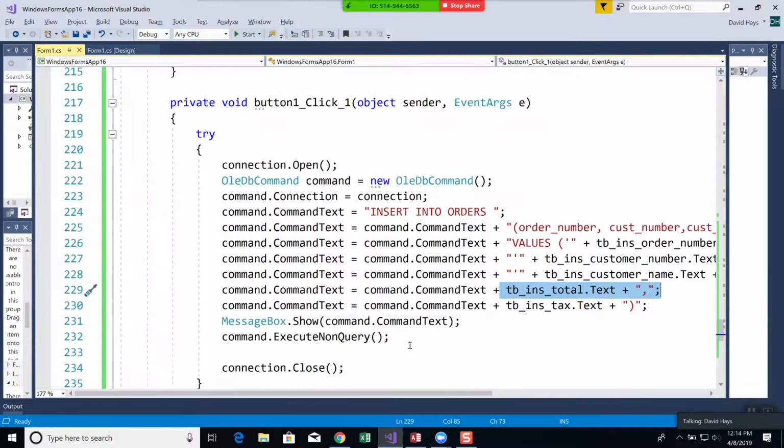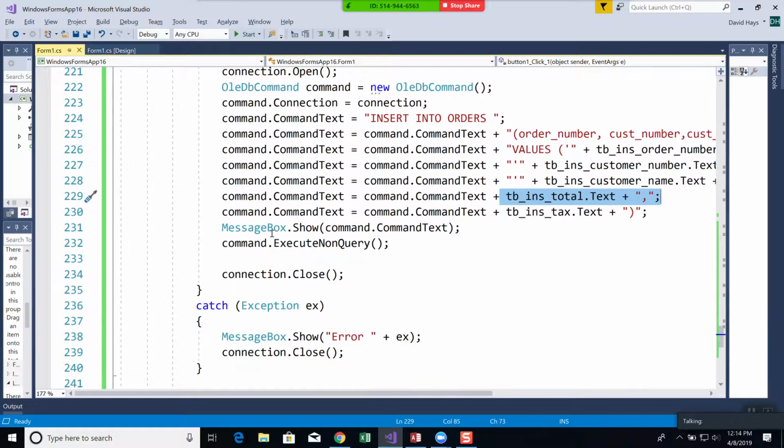Now from there, again, I had the message box.show here, command.command text. That helped me to figure out all my mistakes in building that SQL. And then I execute a non-query because I'm not returning anything. I'm just updating. And then I close. So if I run this,